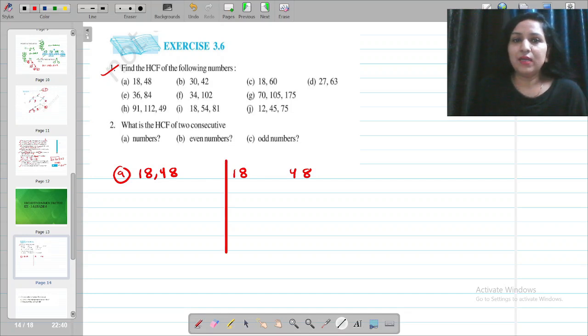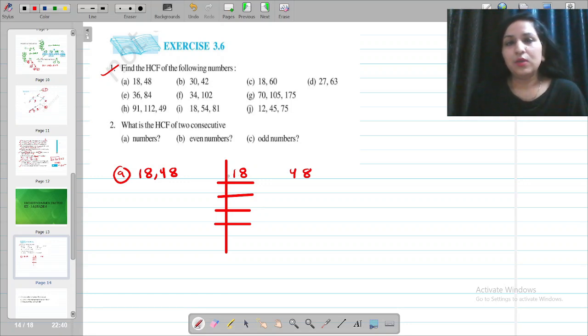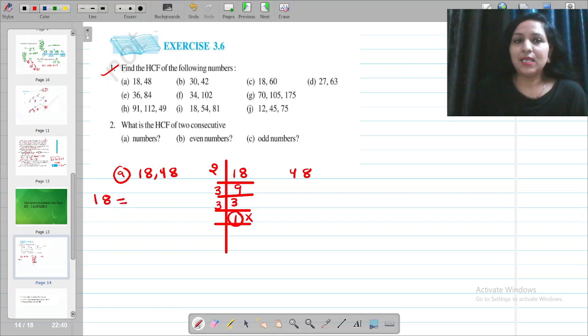18, we know that it's an even number, so this is divisible by 2. One more thing I would like to add, prime factorization, you have to just pick only the prime numbers to divide this. Now this particular number is divisible by 2 and 3 both. So it's your choice if you pick 2 first or 3 first. It is not going to change your answer. Your answer will still be same. So 2 into 9, that's 18. 3 into 3, that's 9. Again 3 divided by 1 is 3. We are not going to take 1 as it's not a prime number. So what have we got? 18 is equal to 2 into 3 into 3.